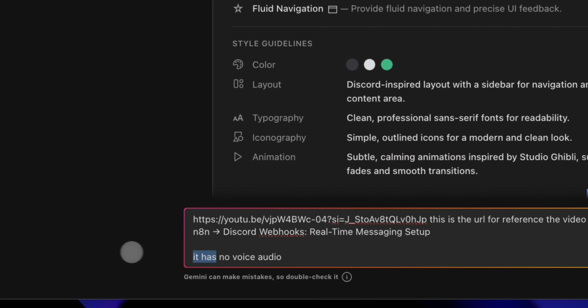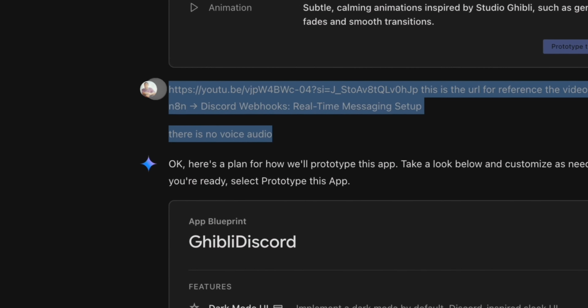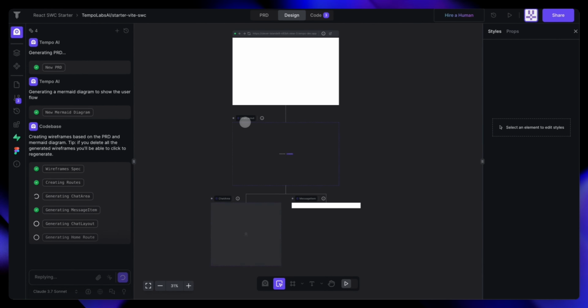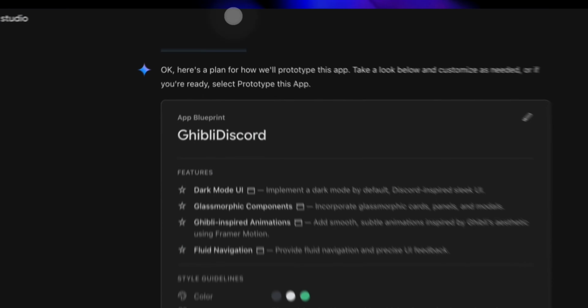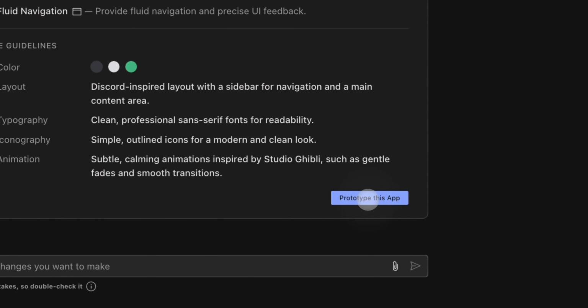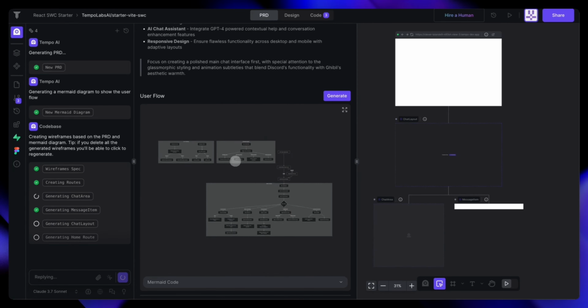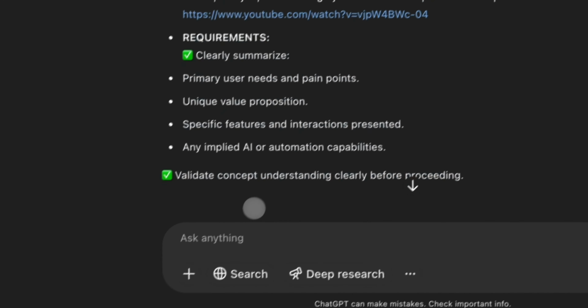It's to see how well it can read a video. I didn't know its capabilities. Of course, it's not going to watch the video per se, quite like that. But I know ChatGPT can watch the video and take 10-second interval frames. So I was just trying to see what it could do, and it can analyze the video pretty well. It analyzed that it's a Discord n8n webhook node type of video. So all 3 of them are going to recognize that, and they're going to try to make something based on the video.